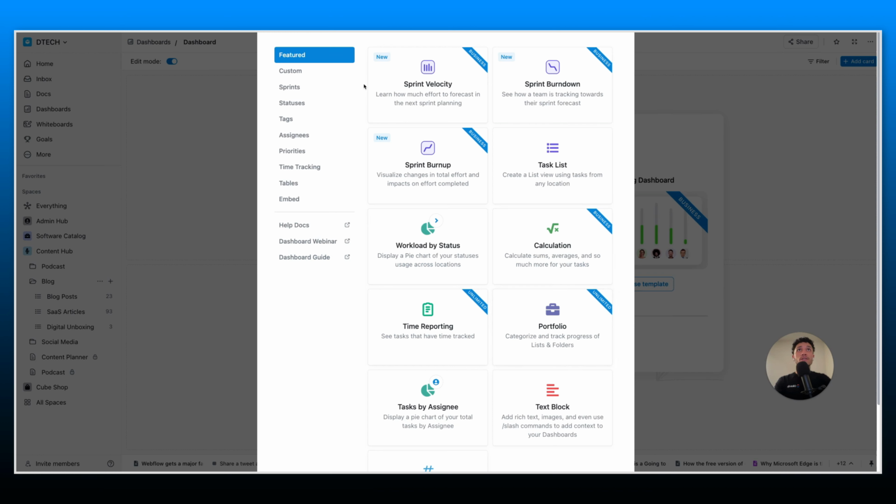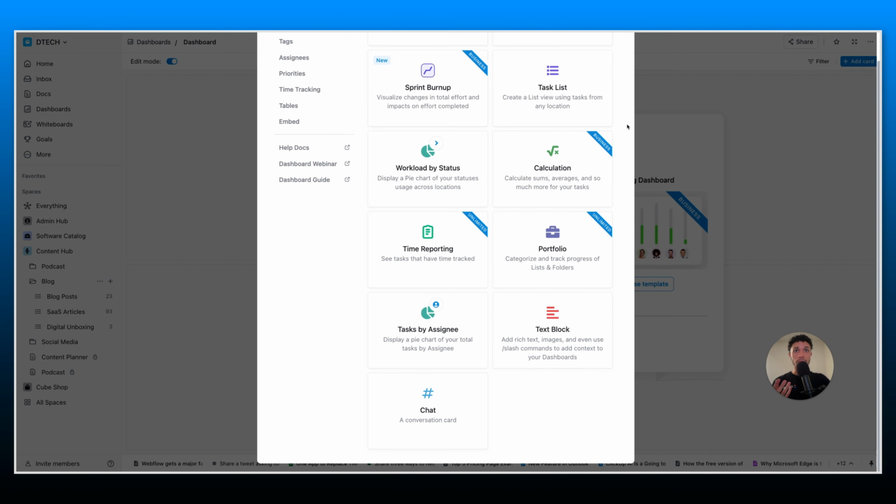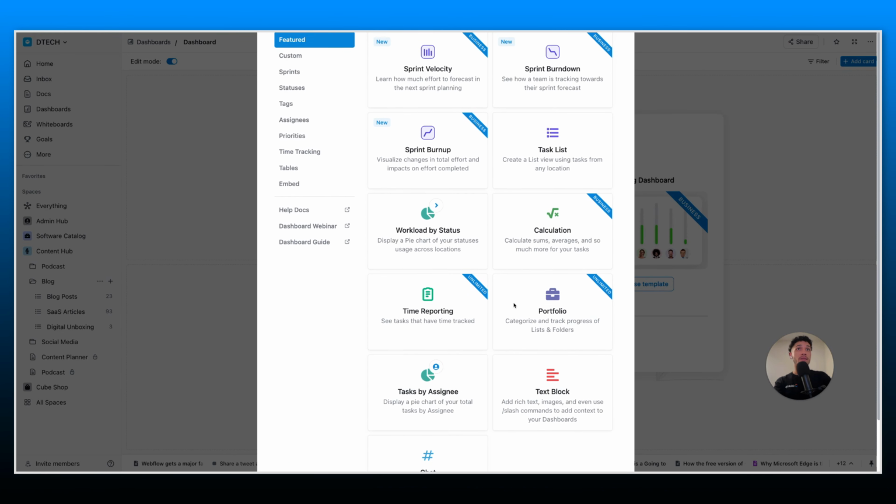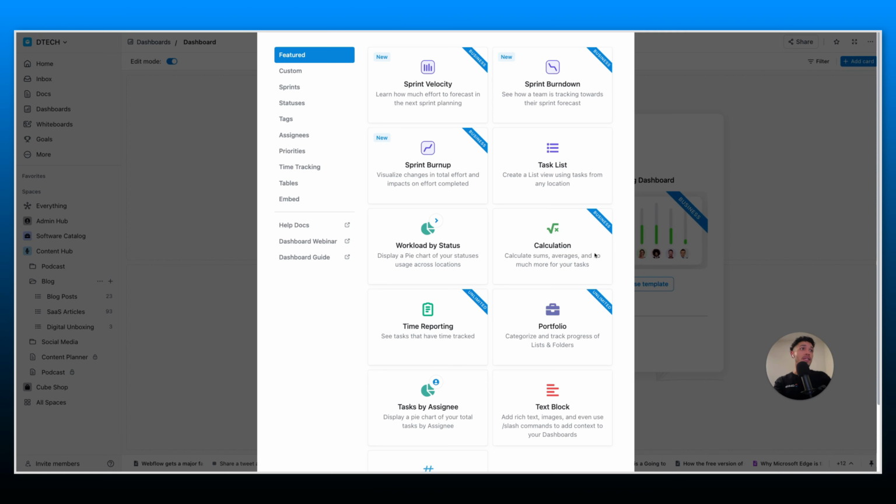And when you do so, you're going to open up kind of the widgets catalog. That widgets catalog, you can filter down by category. So here are some of the featured widgets that are available. And you notice that a lot of them are tagged with the type of plan you need in order to access it. I'm on an unlimited plan, and so that's why I'll be able to use some of the other ones that are listed here, but I'm not on a business plan. I can head down to Custom,